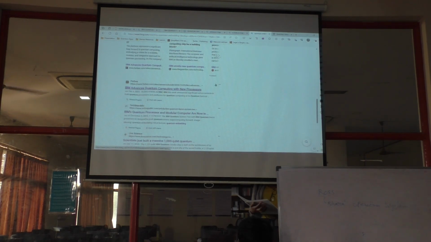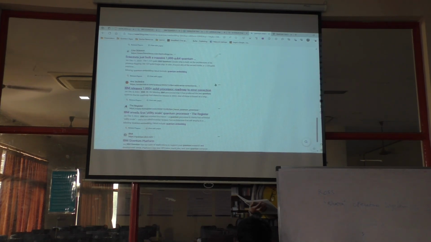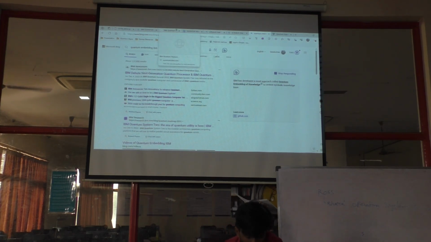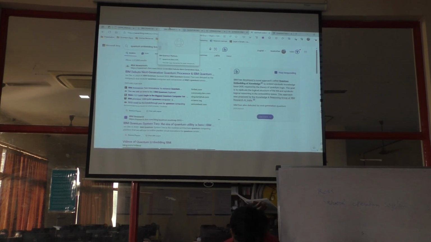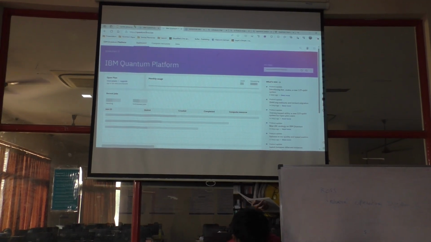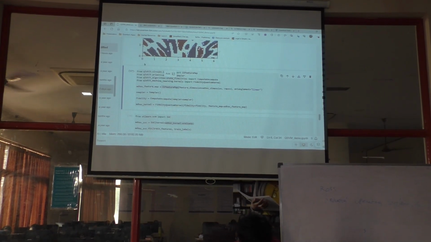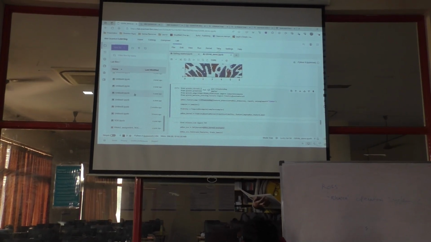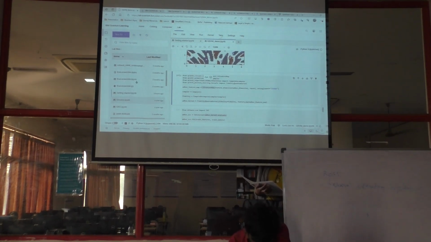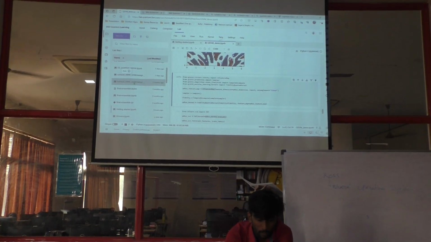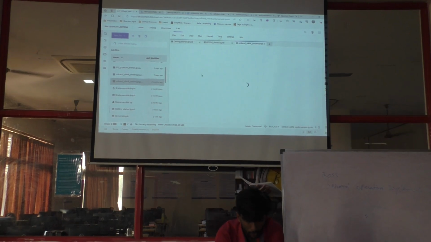I just need a small demo of how we could give a data set to a quantum model. Okay, that I'll show you here, so that we could work on our own data sets. Suppose we have the iris data set classification. The iris data set classification will have different parameters like sepal length, sepal width, petal width and all, right? And that is going to classify. Exactly. So here I'll try to show.